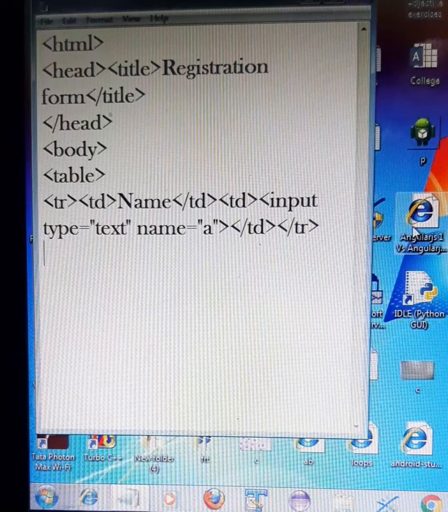Then I am closing the row. That means in my first row, name will be written as a side heading, and then a text box will be presented in front of us.